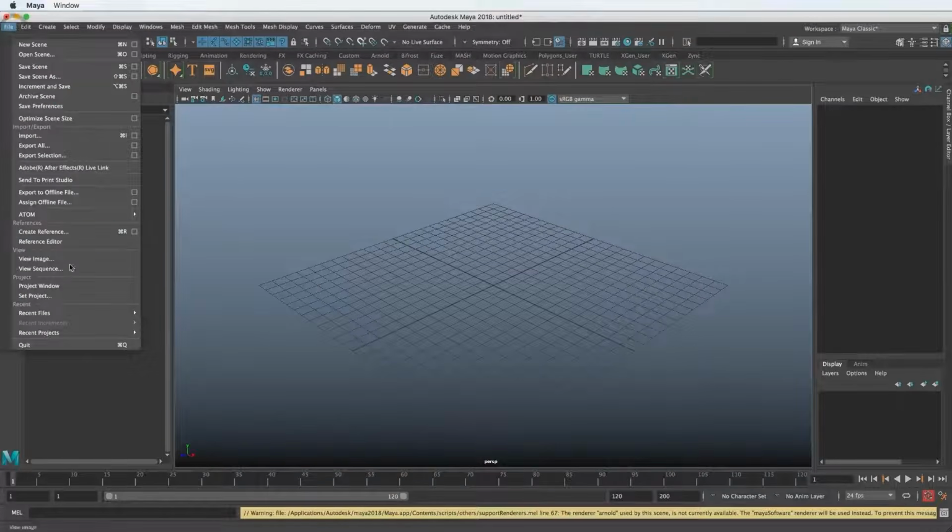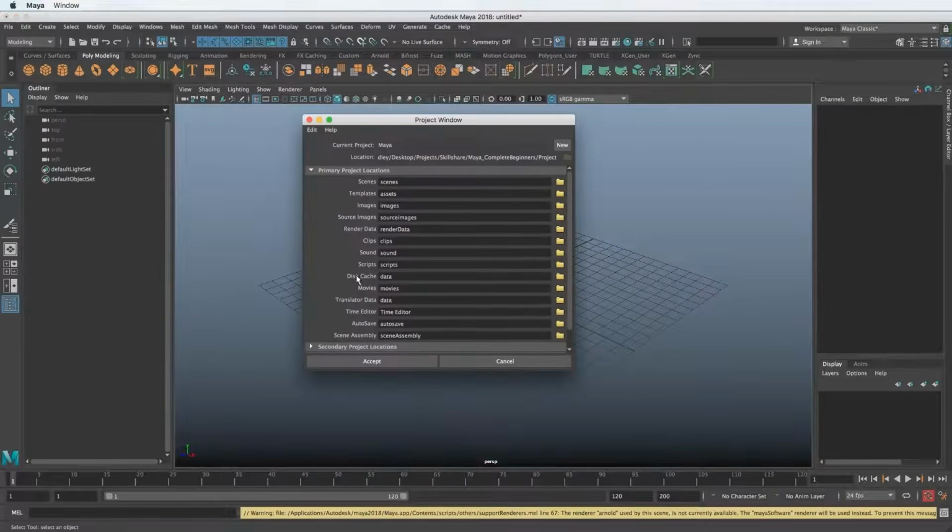We're also going to go to the project window, the other option here under project. You can see project in gray. We only have two options. We've already done set project. The project is set. So let's go to project window, and we get all of these different folder options here. And if you don't see these names typed out here, you can go to Edit, Reset Settings, and it should fill all of those out for you.